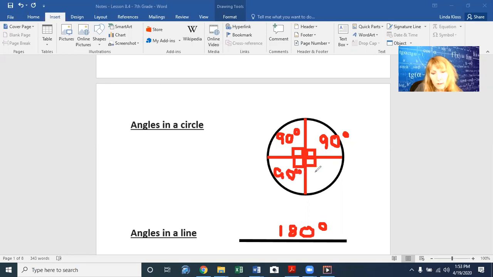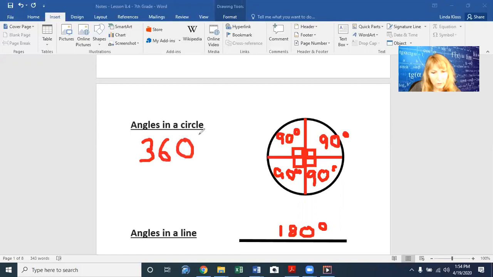It's not always the easiest to do on the computer, but it's okay. So I have in a circle a 90-degree angle plus another 90-degree angle plus another 90-degree angle plus another 90-degree angle. How much do all those angles measure or add up to? Exactly, a circle has a degree measurement of